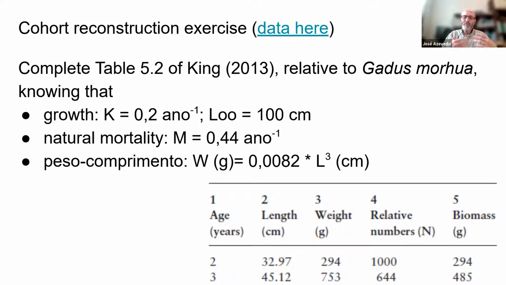What is proposed is that you calculate the length of the fish with age, and then from there calculate the weight, and then use the exponential decline function to calculate the relative numbers of fish, and then have an estimation of biomass. Right. So I'm going to change here to the Excel where I have,